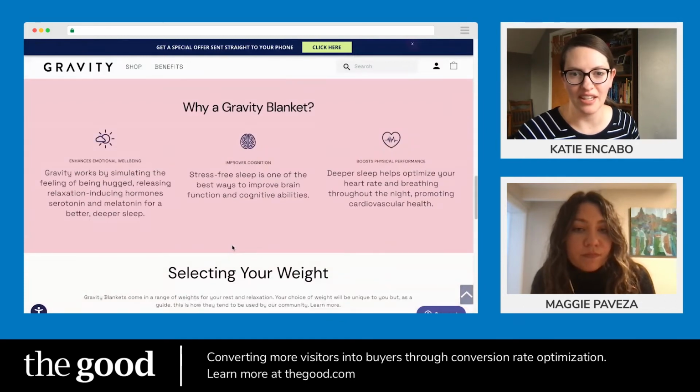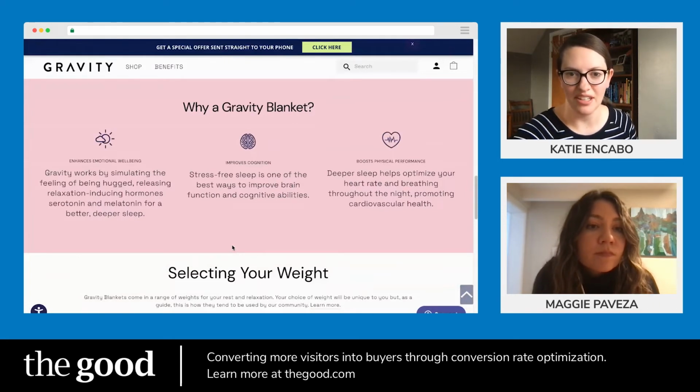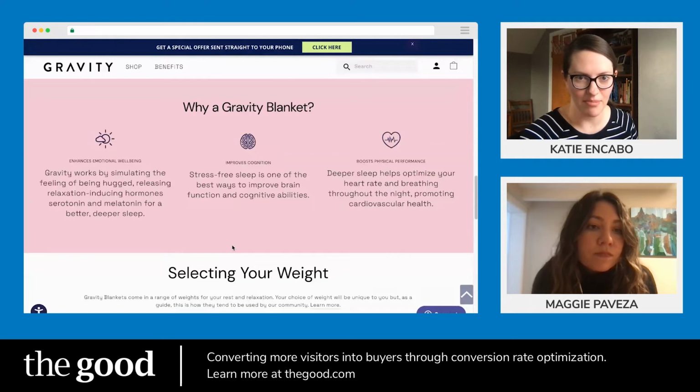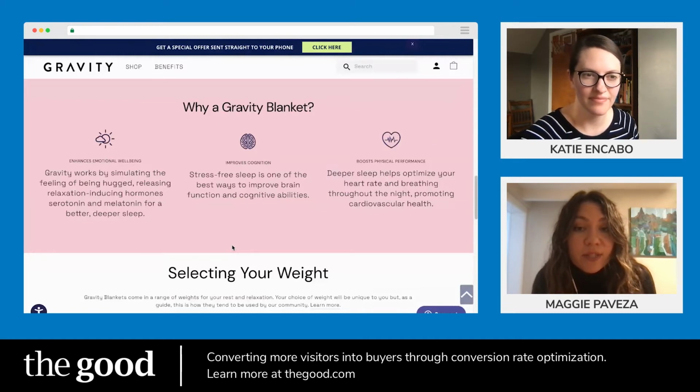Why a gravity blanket? Okay, we're taken to this little informational block here. Three logos, three blocks of copy, and three product benefits, it seems. What do you think of this? Yeah, I mean, it's nice having that information. I feel like I'm missing